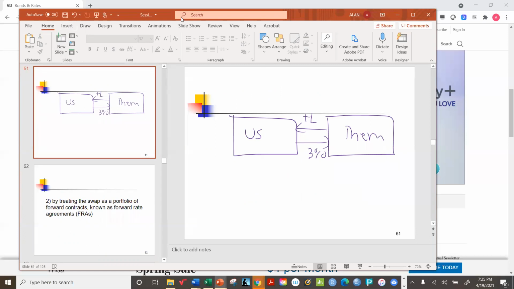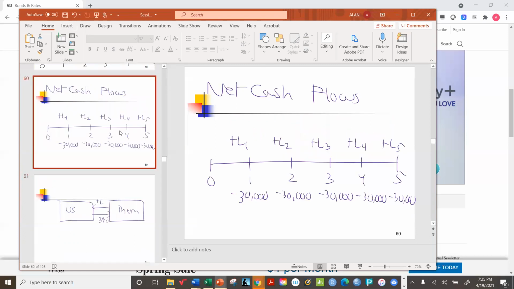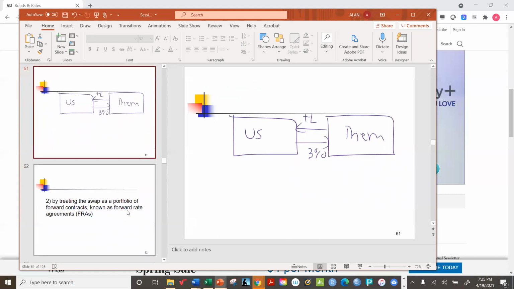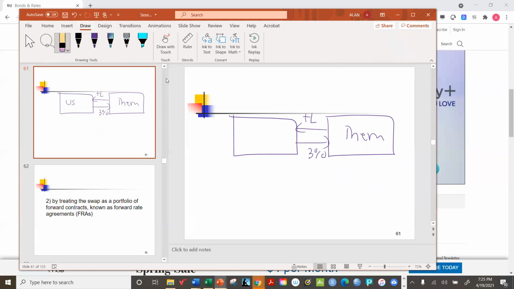So this set of cash flows is just the same as what we have here. So this is our fixed for floating rate swap. So us, the corporation, I'll call it, and this will be the dealer. The corporation is paying fixed, receives floating,